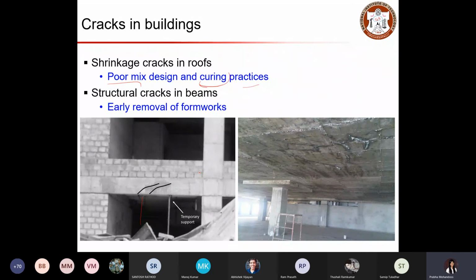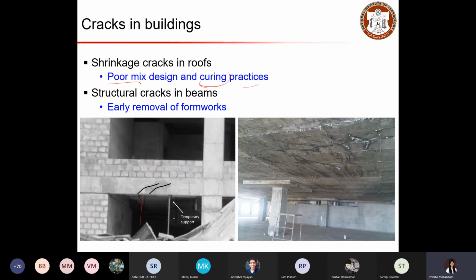So why do such structural cracks form? It is very normal that we provide temporary support to the structure so that we can do concreting, and then once the concrete has hardened, we remove this temporary support. Basically this temporary support is placed to take the load until your concrete has hardened. Now that your concrete is hardened, you can remove this temporary support because your concrete is matured enough to take the load it is expected to take, right?